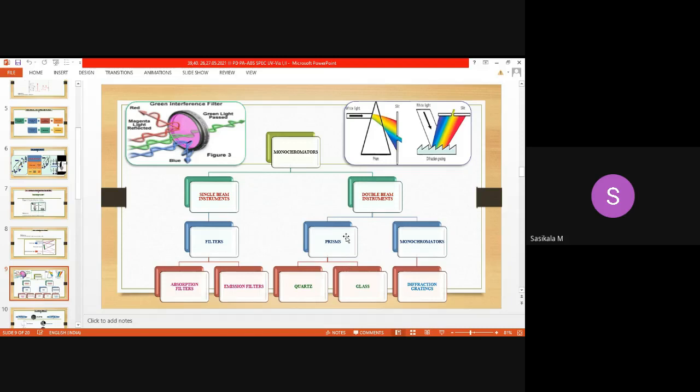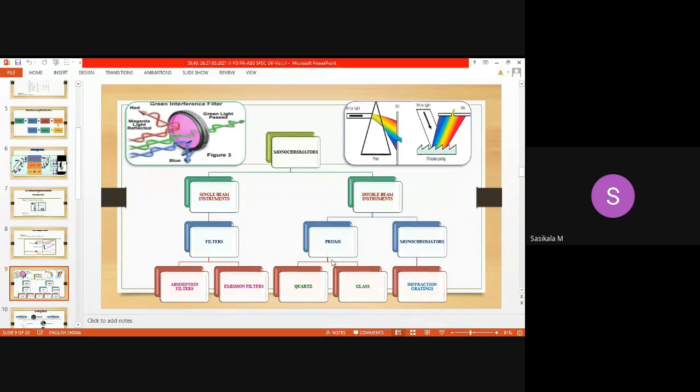So what is the principle of prisms? The dispersion. It will disperse the light by means of rotating. Prisms will be rotating in nature. So when it rotates, whatever light is received will be dispersed into individual radiation, separated or segregated radiation from the white light. And this segregated radiation of fixed wavelength will be sent to the sample. Fixed wavelength or fixed range of radiation will be passed to the sample.